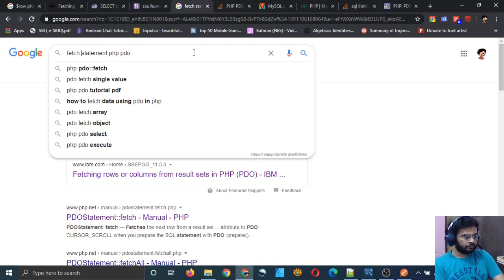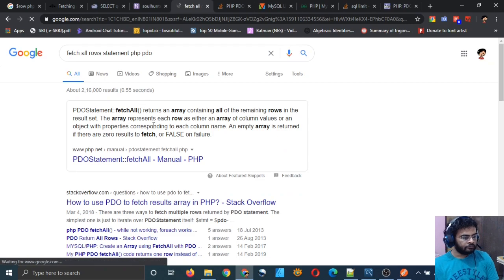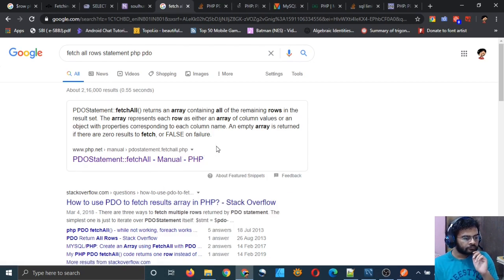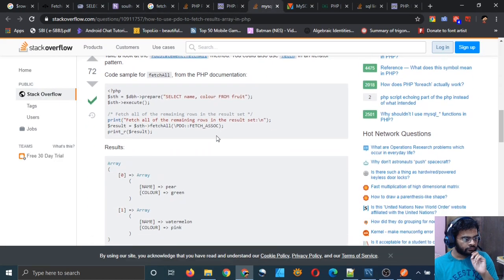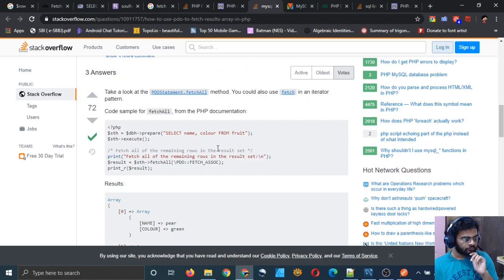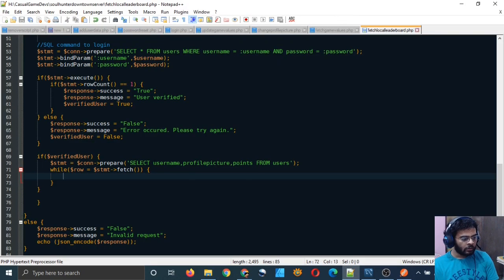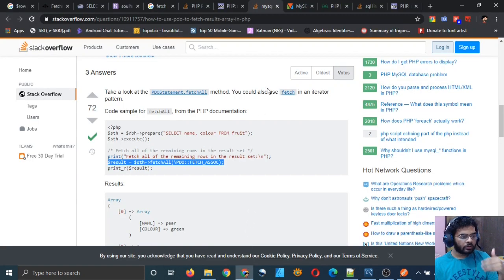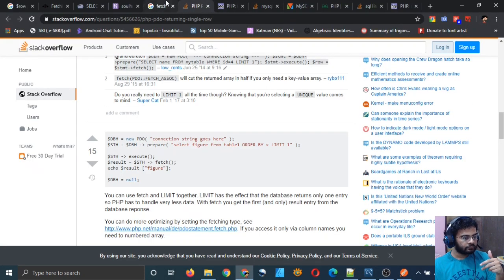Fetch all rows. So I can use this statement instead to fetch all the rows, I guess.